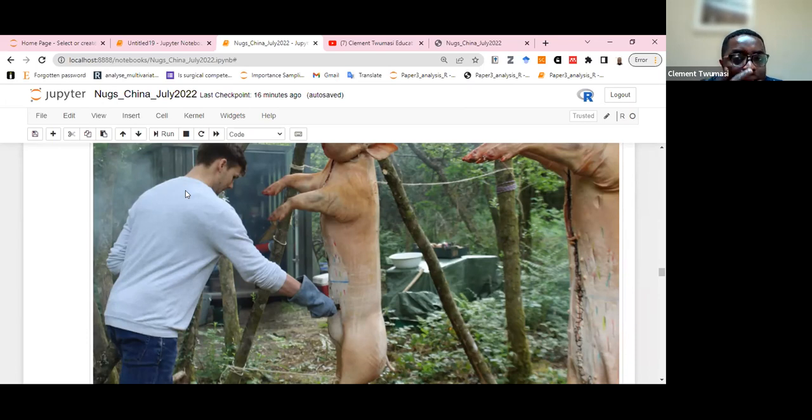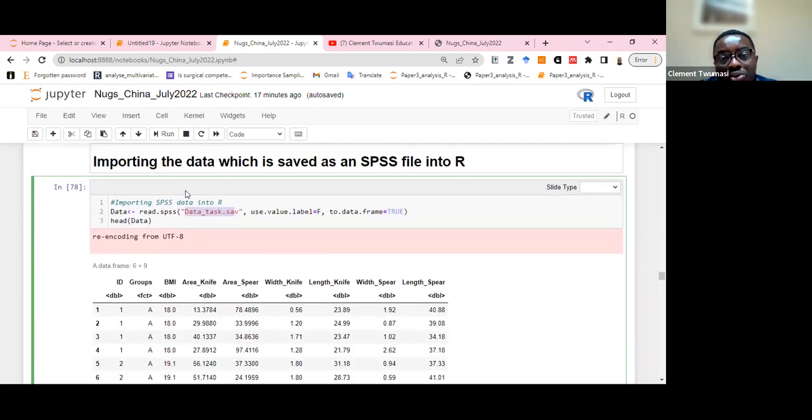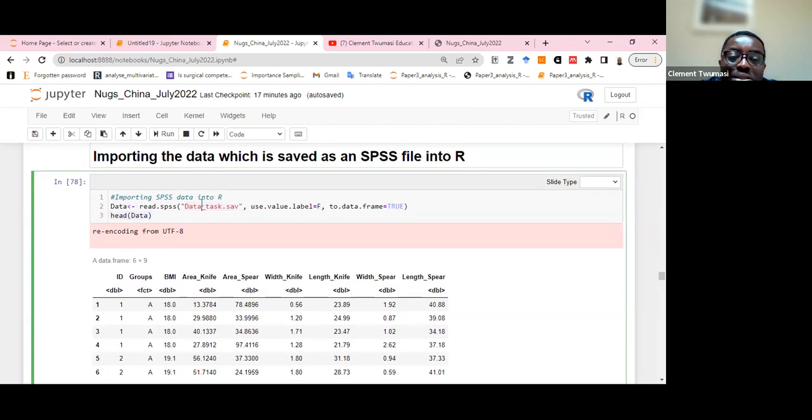That is also one hypothesis, but we couldn't get a specific variable on the muscle mass of the individuals. Because of that, we used something called the BMI, the body mass index, as another measure to quantify the muscle mass of an individual. And you know that the BMI tells how overweight or slim you might be. Okay, so fine. Here the data was saved in an